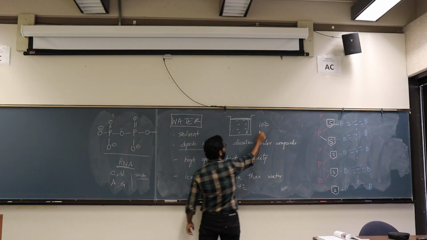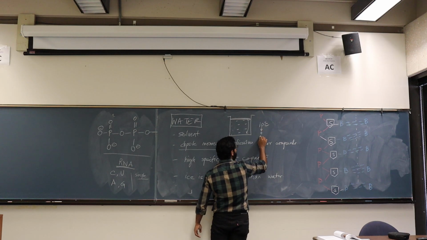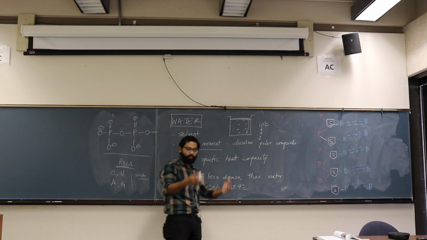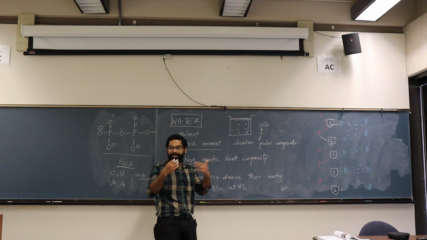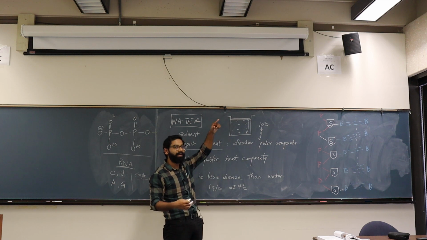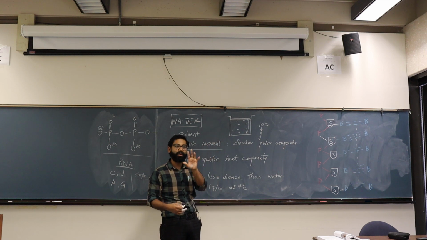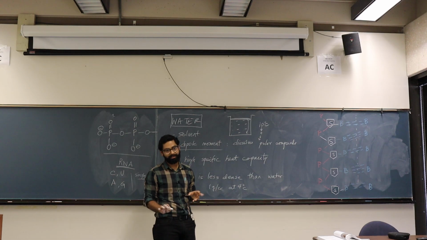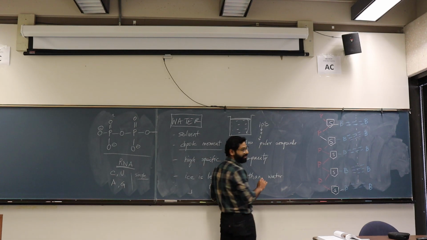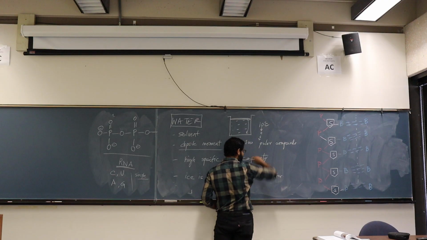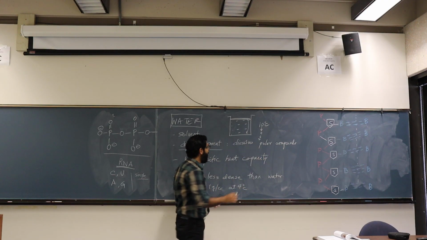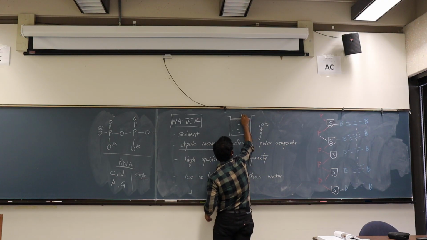So as it is going from 9, 10 to 9 to 8, it is becoming colder and more dense. So it comes down and the less dense water comes out. But this process stops at 4 degrees Celsius. At 4 degrees Celsius, what happens is everything will become 4 degrees Celsius, and then if you make this water